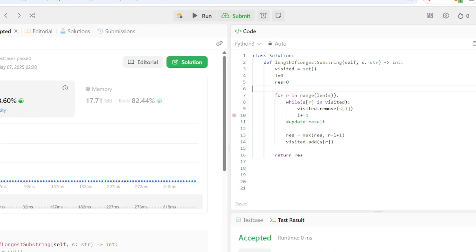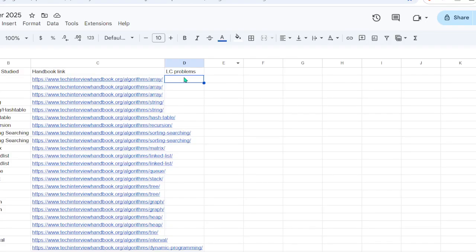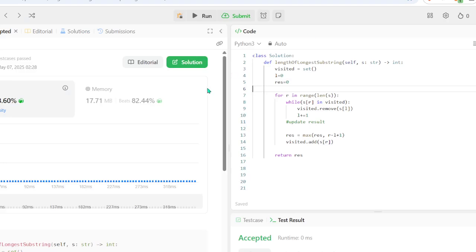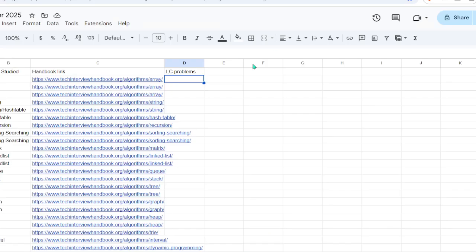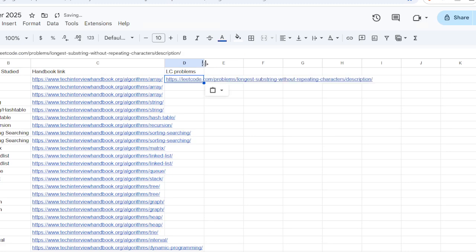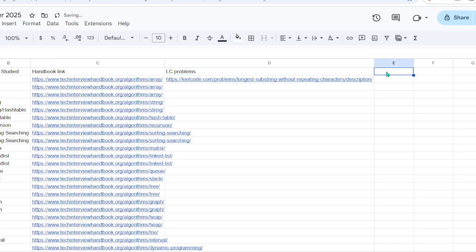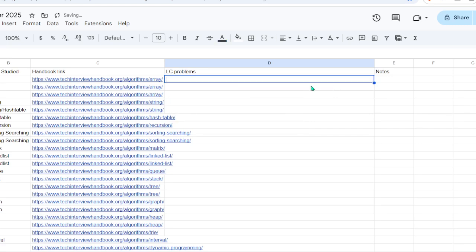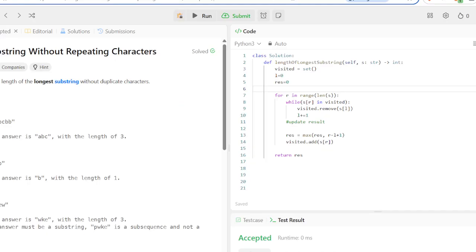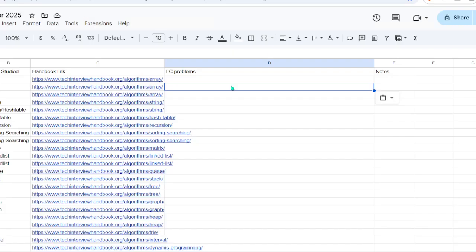I guess I should update the tracker. What is this probably called? Wait, I don't even know. Longest substring without repeating characters. I'll add some notes as a reflection.